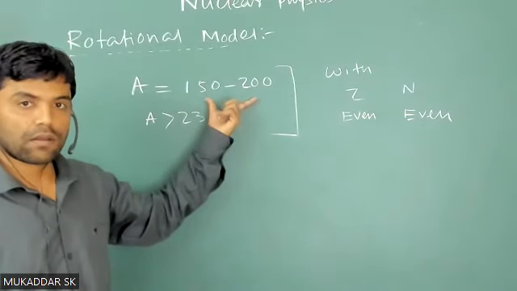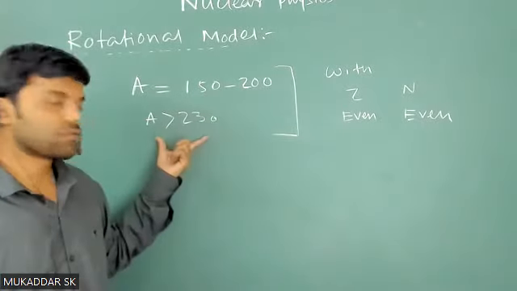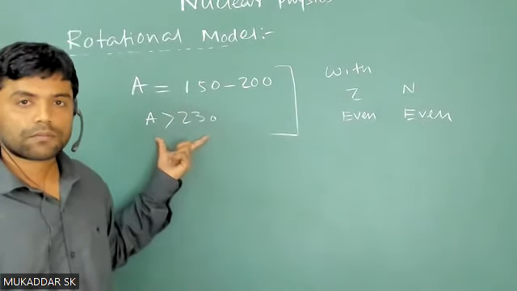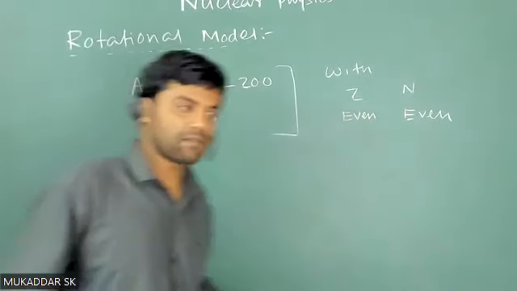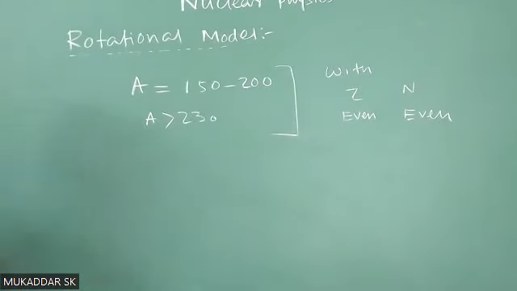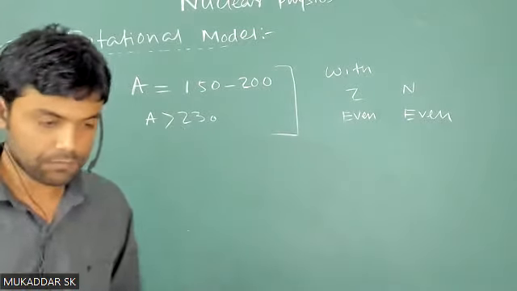It means these nuclei have large size, and also even combination. For such nuclei, it is experimentally observed that there are levels